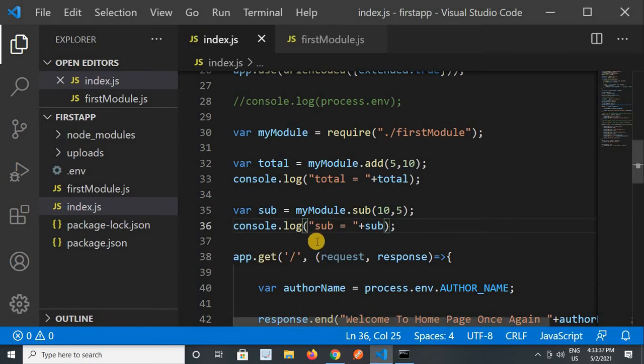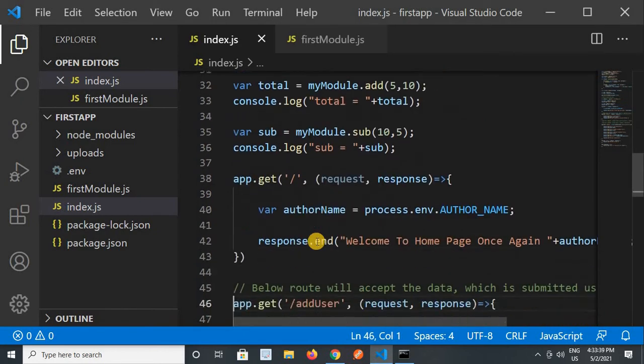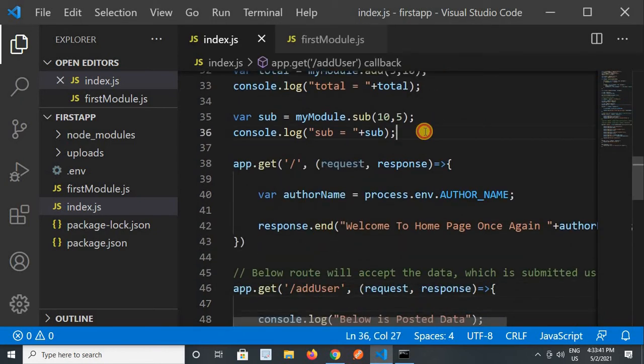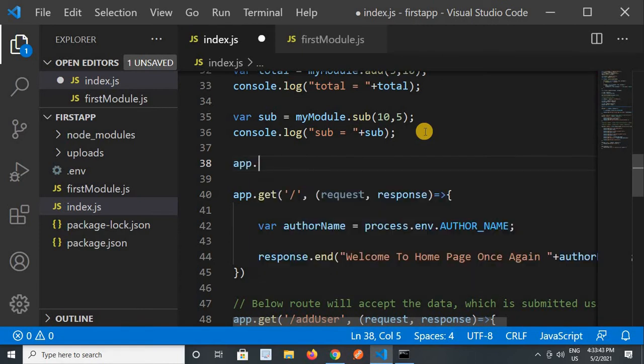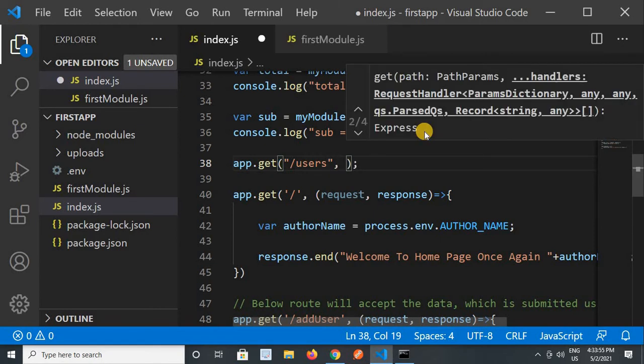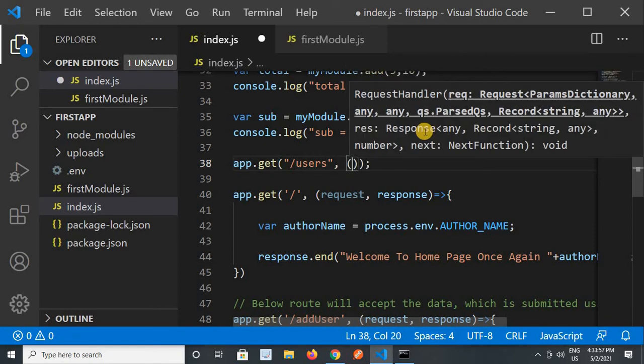Just like I will define a path here, app.get, /users, and then a callback function,